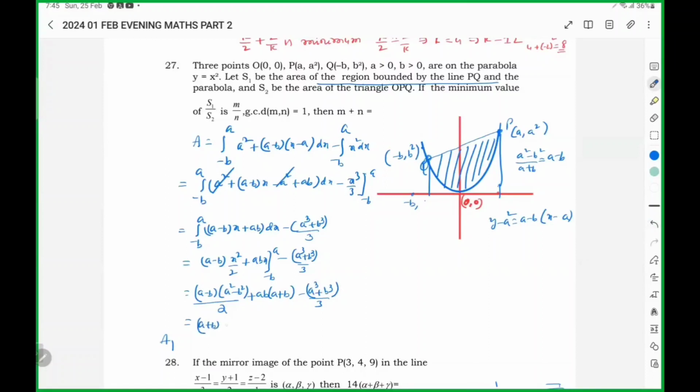So A plus B, A minus B whole square by 2 plus AB minus